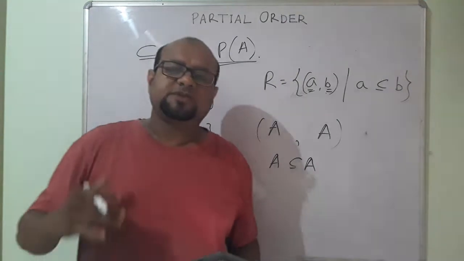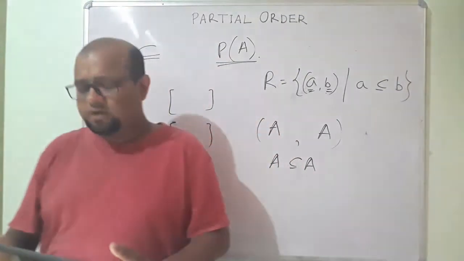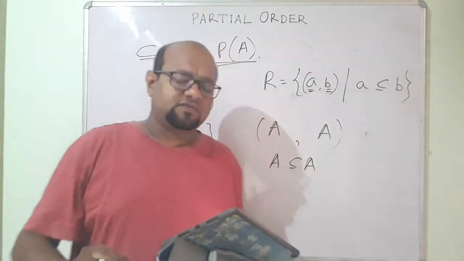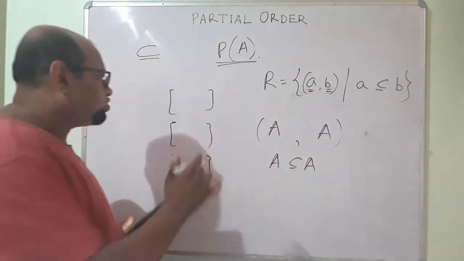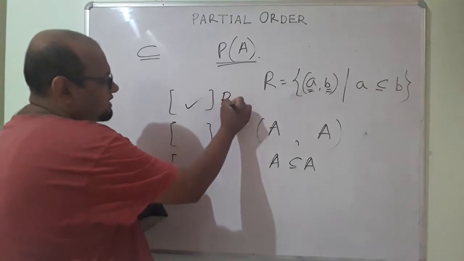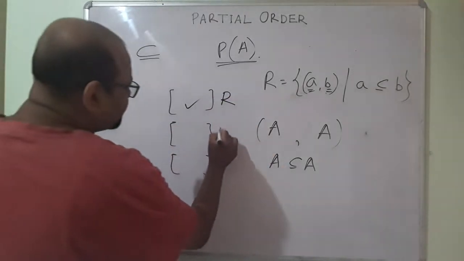Every set is a subset of itself. We know that. We saw it in the beginning when we were looking at set theory. Okay, we know all sets are subsets of themselves. So all these (A, A), (B, B), (C, C) will belong to the relation. So we know this relation is what? Reflexive. Okay. Next, let us figure out if it is antisymmetric.